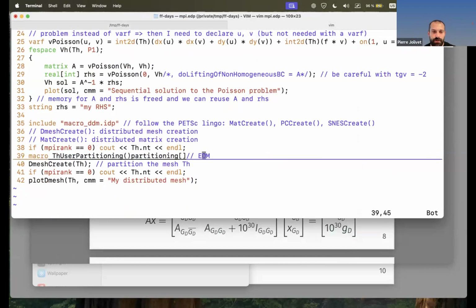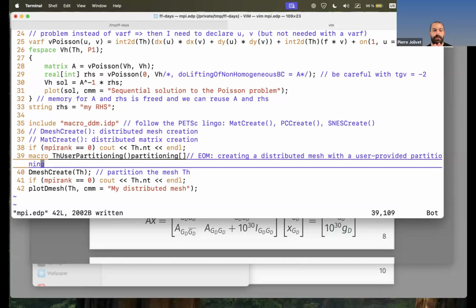Okay, so this is just for creating a distributed mesh with a user provided partition. Okay, so we have created the mesh, and so now we need to make sure that the finite element space